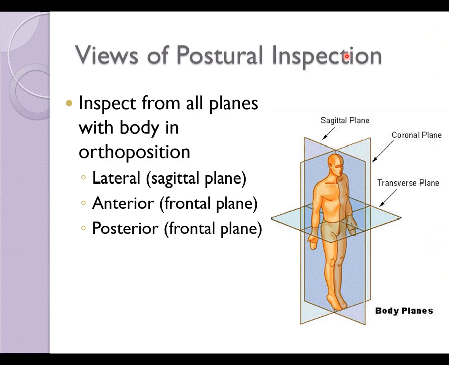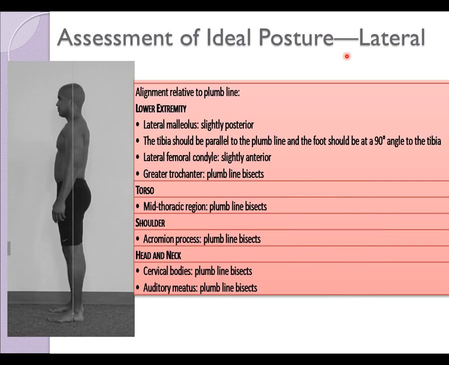When we do the assessment, we want to make sure that we look at the person from all planes. So we want to look at them from the front, from the back, and from each side to get an entire idea of what's going on in the person, because if you only look at them from one angle, you might actually miss something. So these next couple of pictures and slides look at someone who is standing in ortho position next to a plumb line. Now, we are going to do this in lab next week,